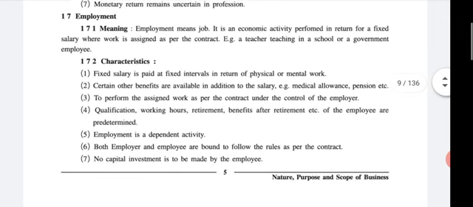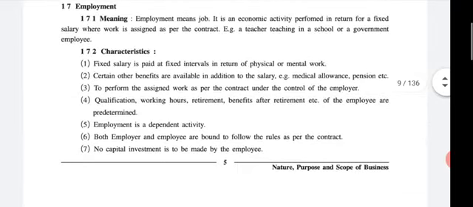Okay. Then employment. Employment is the third type of economic activity in which work is performed in return for a fixed salary when the work is assigned as per the contract. Here, seven characteristics are given. Fixed salary is paid. Certain other benefits like medical allowance, pension, etc. Then work as per the contract under the control of the employer. Qualification, working hours, retirement